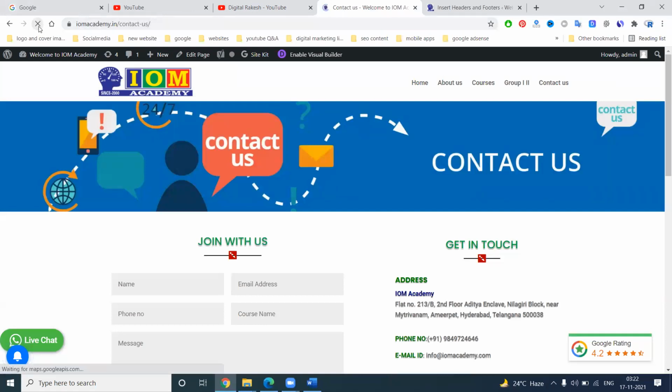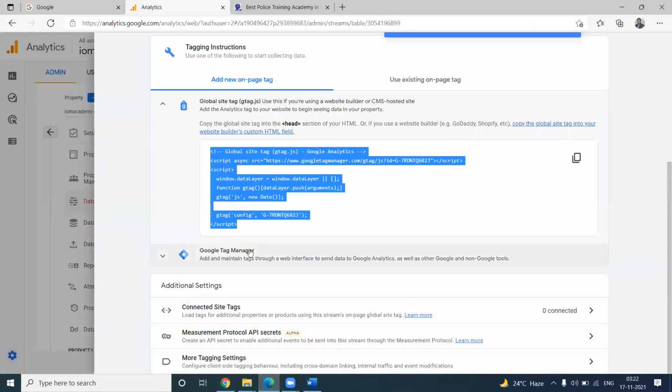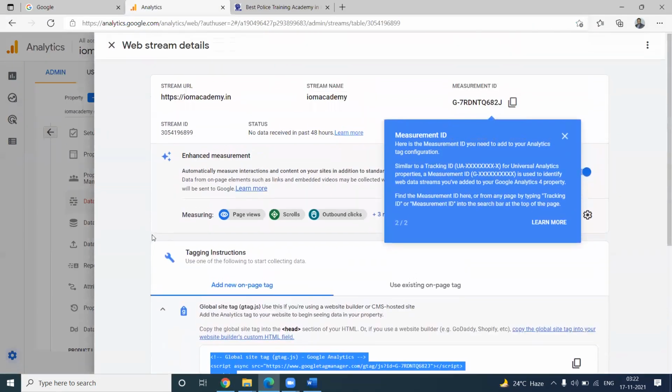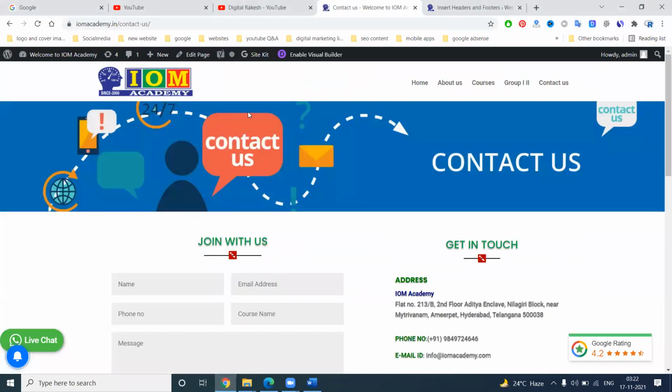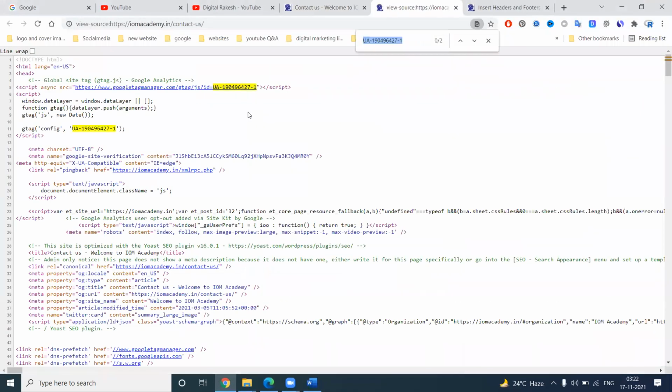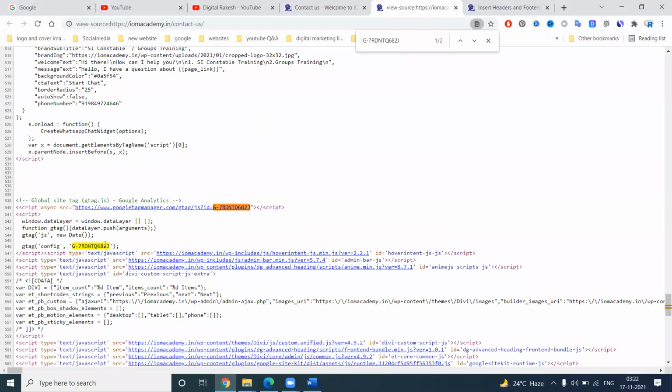Now you can refresh. When you refresh this option, go to this. Nothing will happen. Just copy the link. How to check whether it is enabled or not? Control V here. The code will be there as it is entered in your particular website.